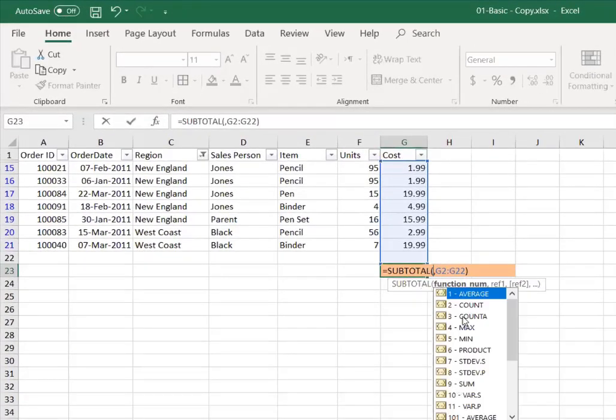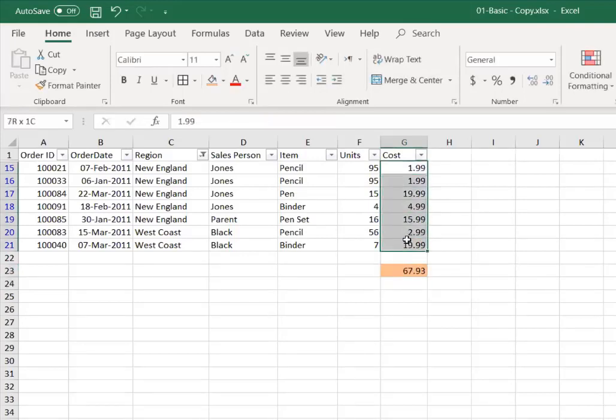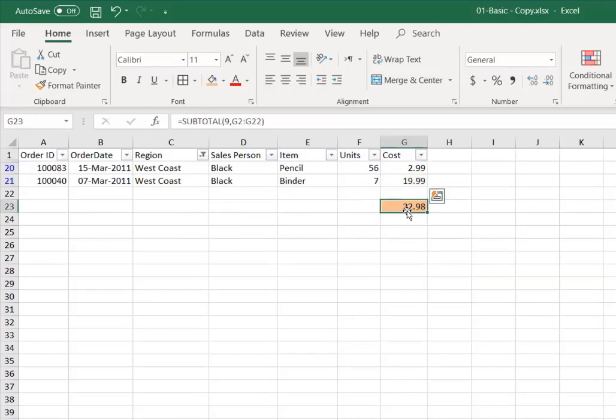So under subtotal, you have multiple things, like the sum is 9. So you choose the sum and the range, G2 to G22, and press enter. Now it is showing, see, this is the total, right? 6793 here. Suppose if I am filtering only 2 items, West Coast, these 2 items, that is 2258.